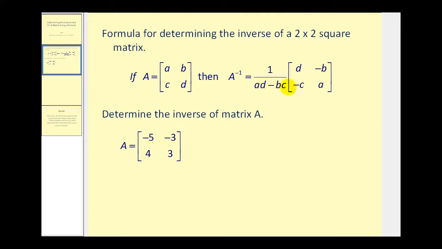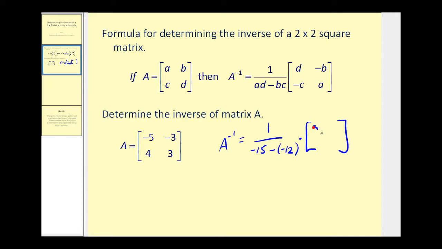Let's go ahead and give it a try. So A inverse should equal 1 divided by AD minus BC. So AD would be negative 5 times 3, or negative 15, minus BC, or negative 3 times 4, that's negative 12, times the matrix where we change the position of A and